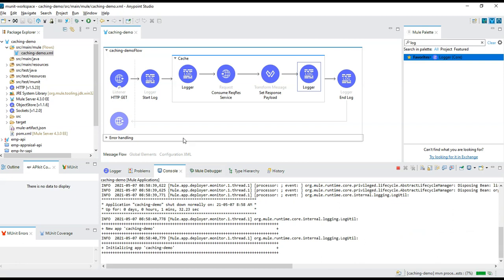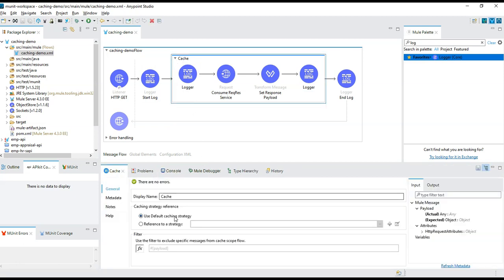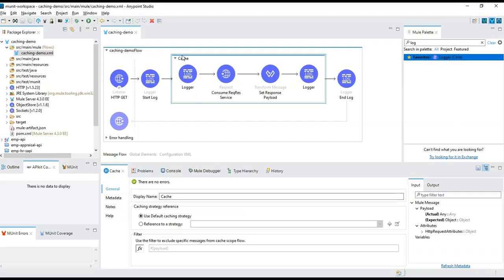So what will happen when I make the first request? The request will come to the cache scope. Now if we look under the cache scope, we are using the default caching strategy. When we use the default caching strategy, the key will be generated using this algorithm. When a request comes, the cache creates the key and keeps it in the cache. When the response comes back, it stores that response against that particular key.